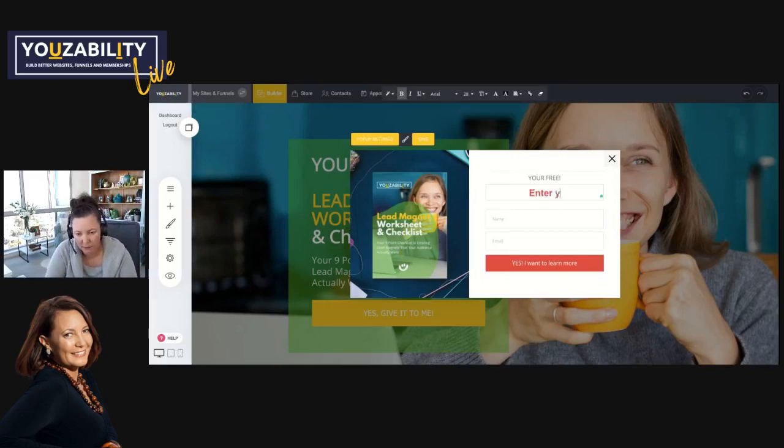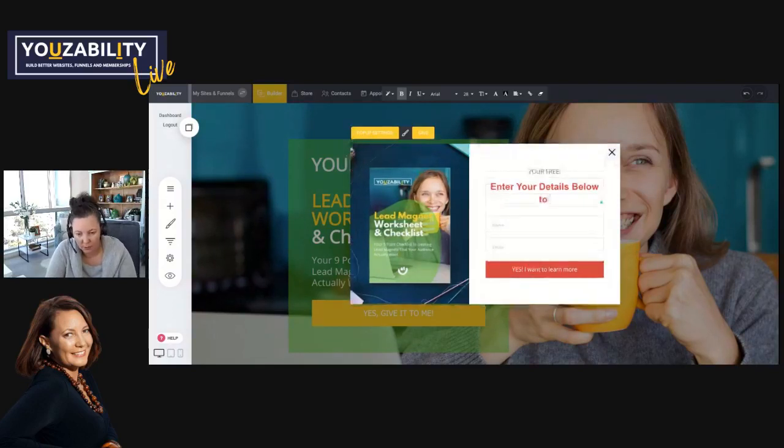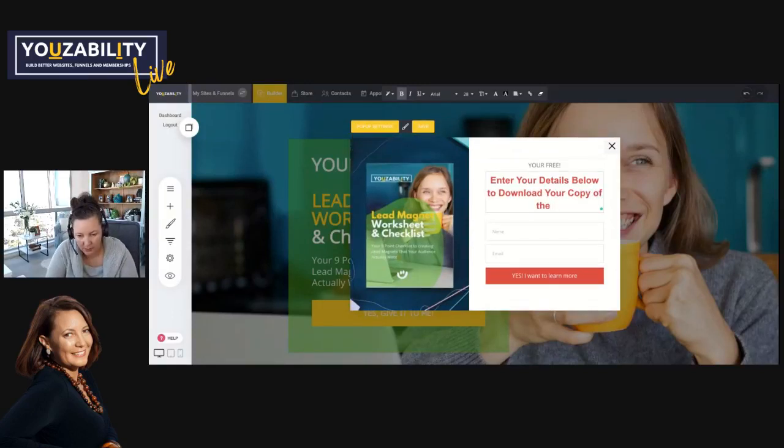Enter your details below to download your copy of the lead worksheet